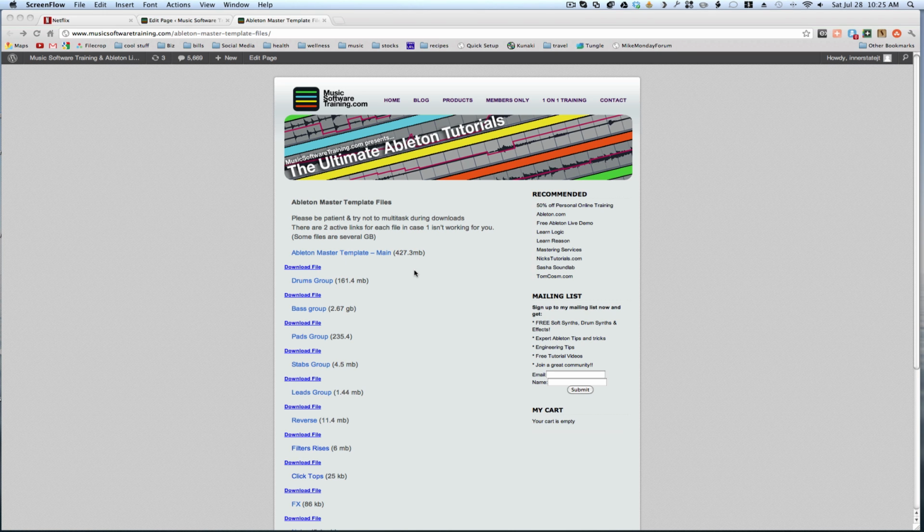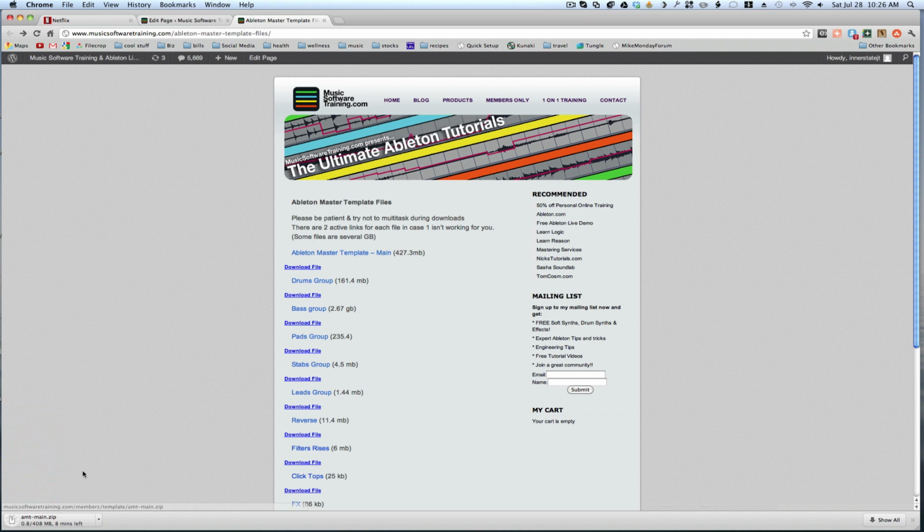So the way that this is going to work is you're just simply going to left click on this, and it should start downloading down at the bottom of your browser. I'm using Chrome right now, so if I were to click on this, and there you go, the download starts. Usually that'll pop your downloads into your download folder unless you've specified another location. So once you've got your zip files,